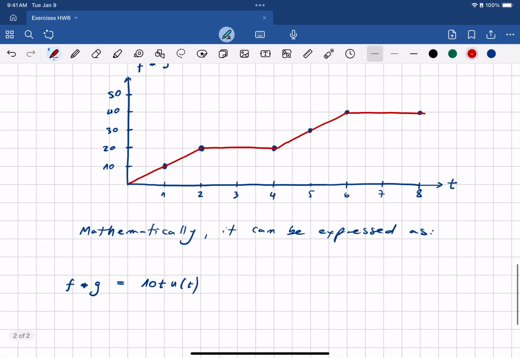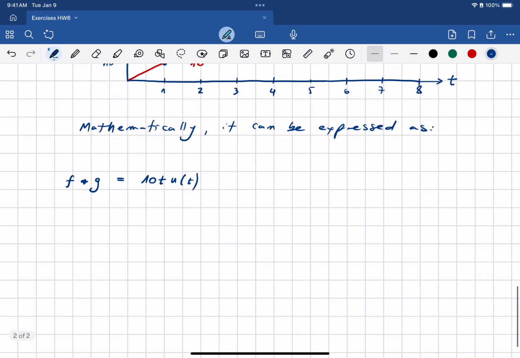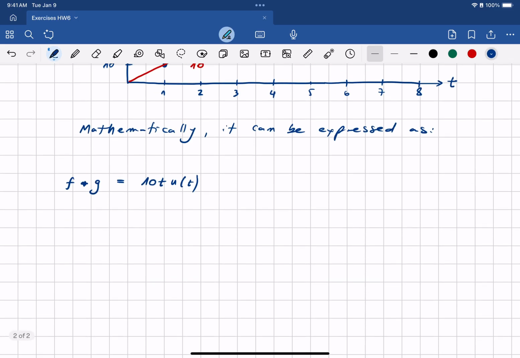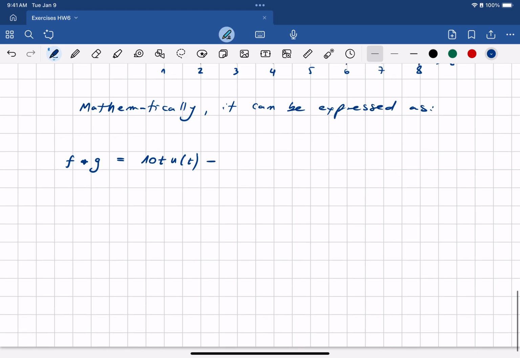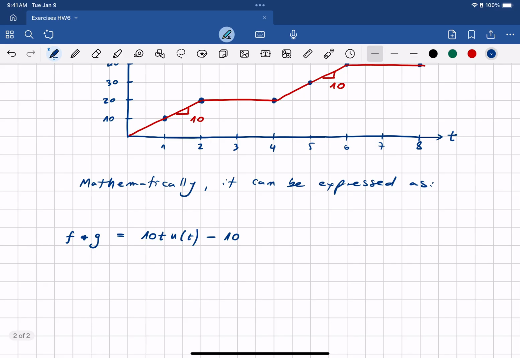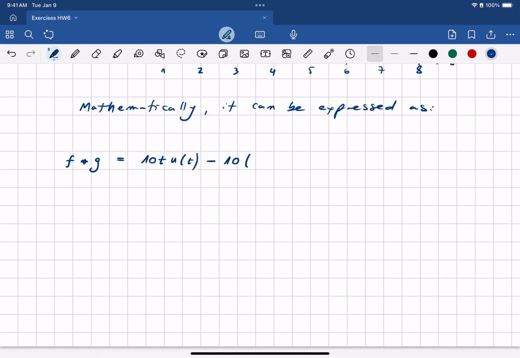Let me add it here. This slope is 10. This slope is 10 too. So we have 10t u of t until we get to t equals 2 when the slope is 0. So then minus the same function but displaced in time by 2 seconds,